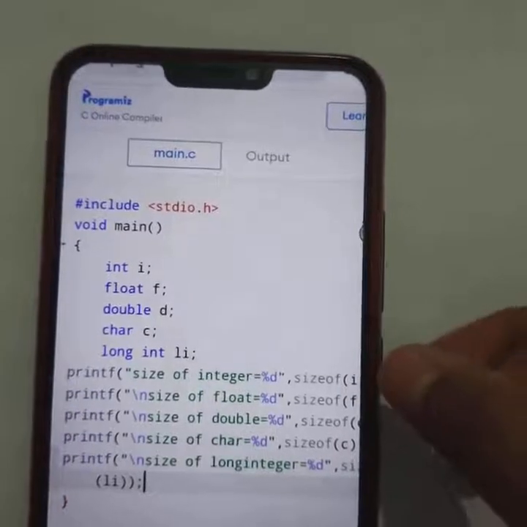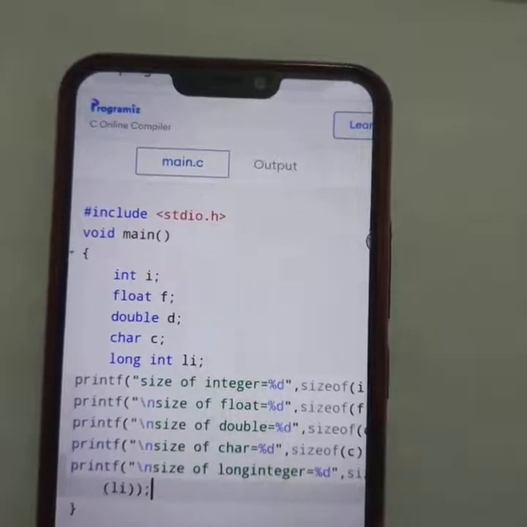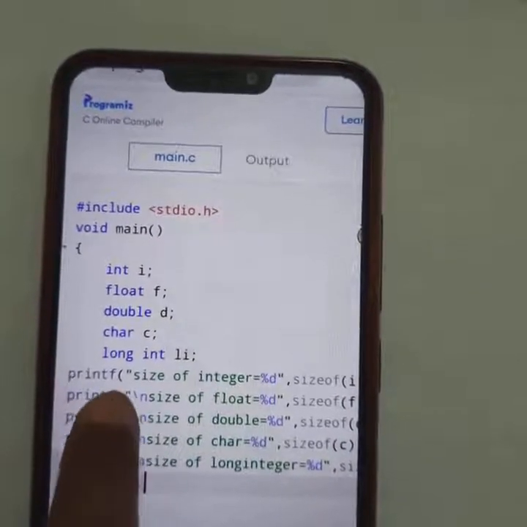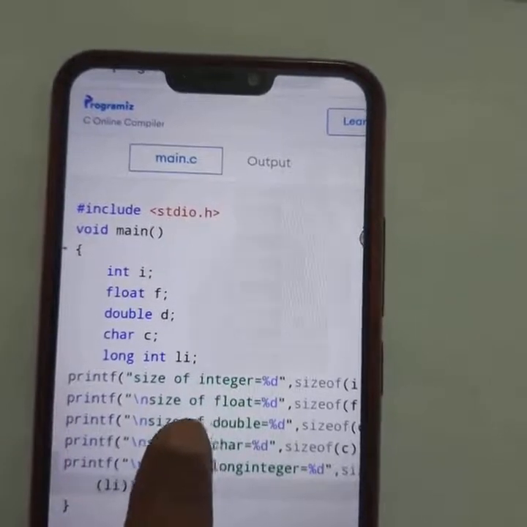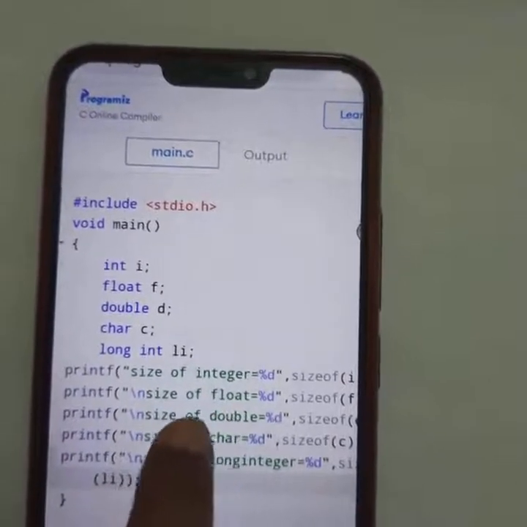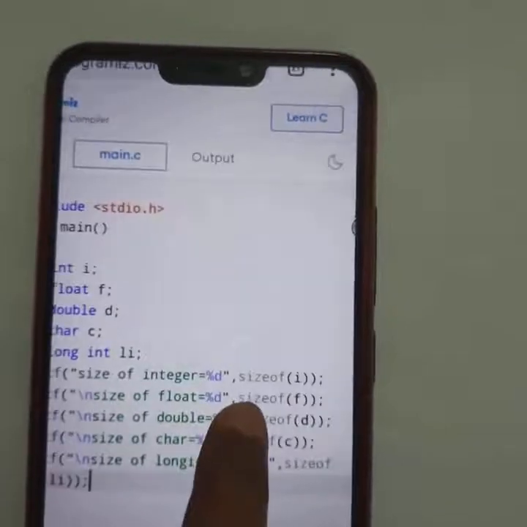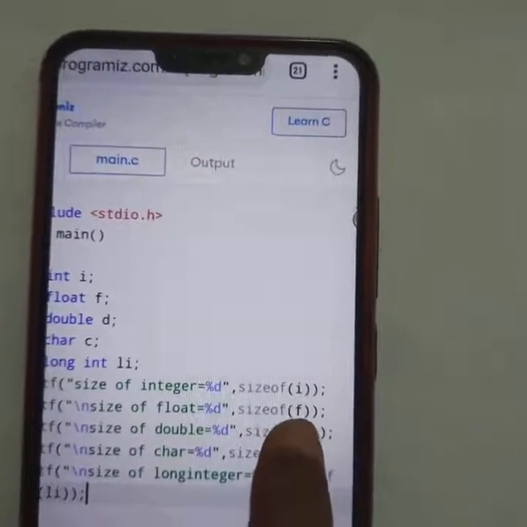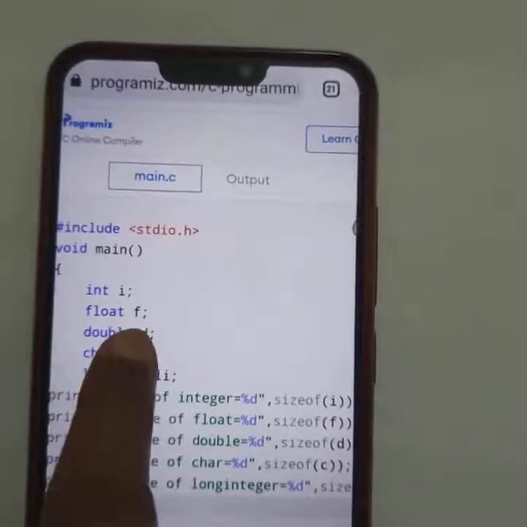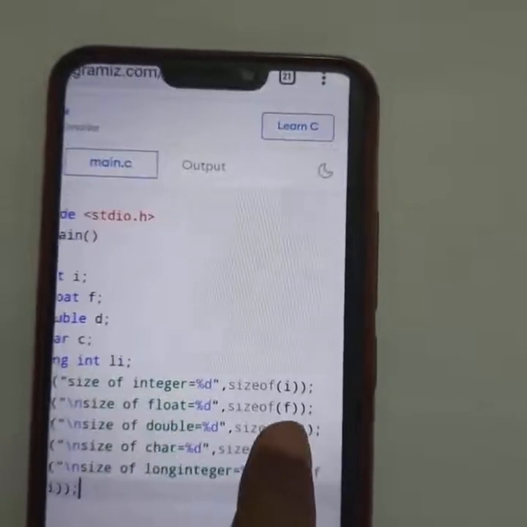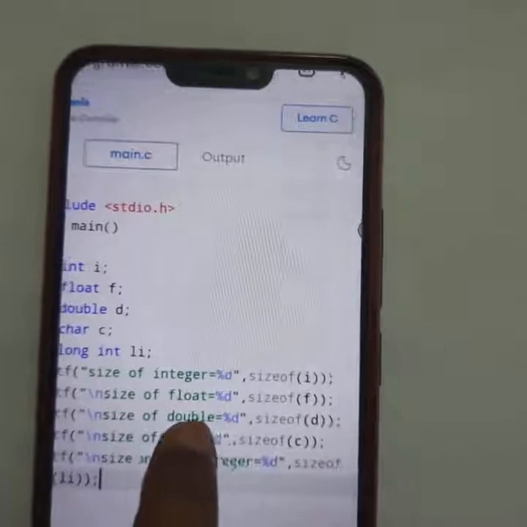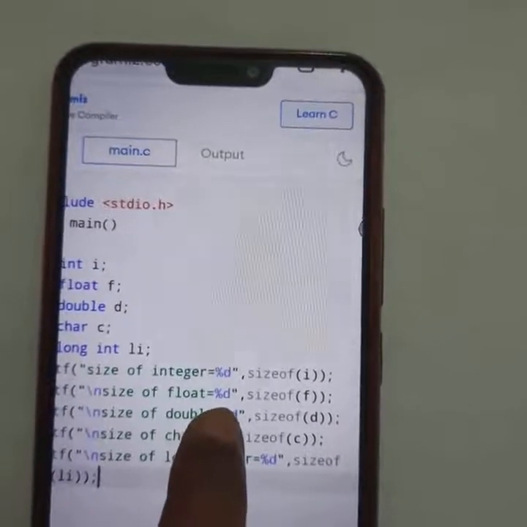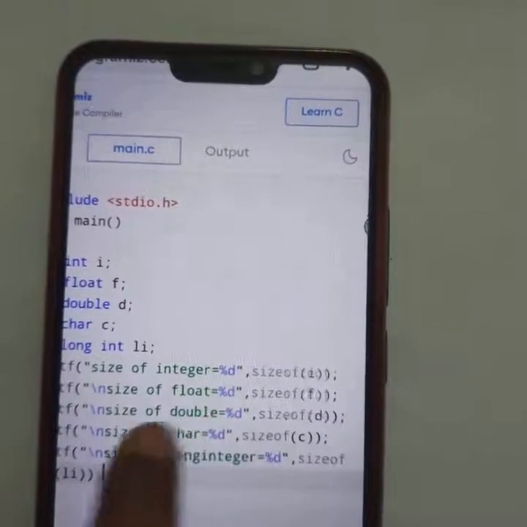The first line is size of integer, and a new line will come below the size of integer line, for the size of float. For the size of float I also use the sizeof function, and the variable of float data type, f, is passed here. The size of float is also an integer, so I use %d.